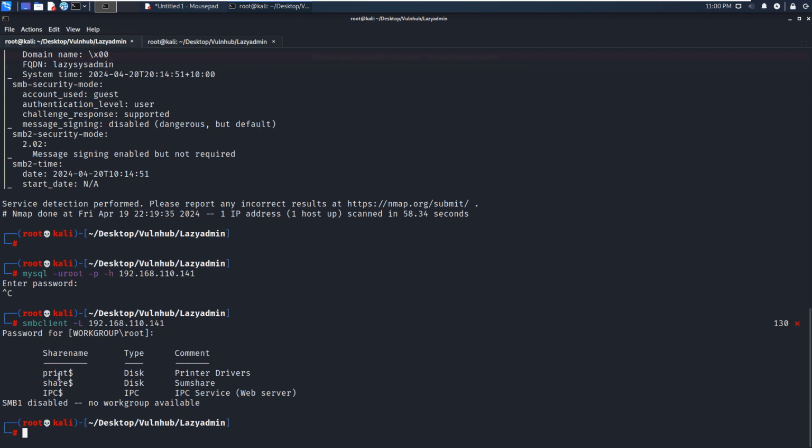Yeah, this one, print$ and IPC$, are default ones. Normally we cannot get anything important from such default shares. However, there is another one, share. So we need to access this share, right? And maybe this is accessible, so we can use smbclient